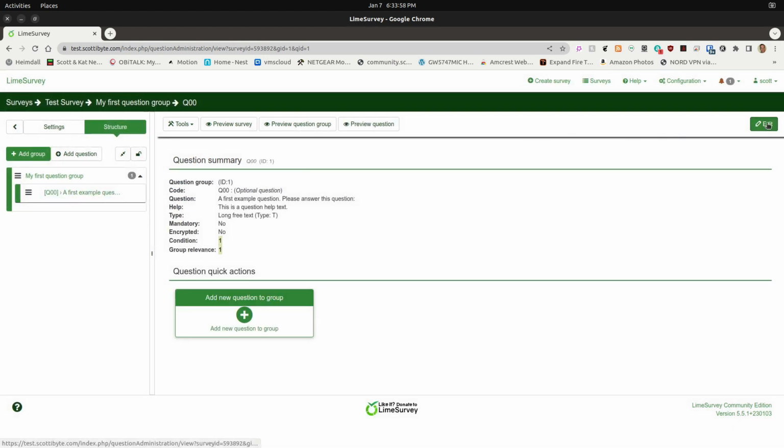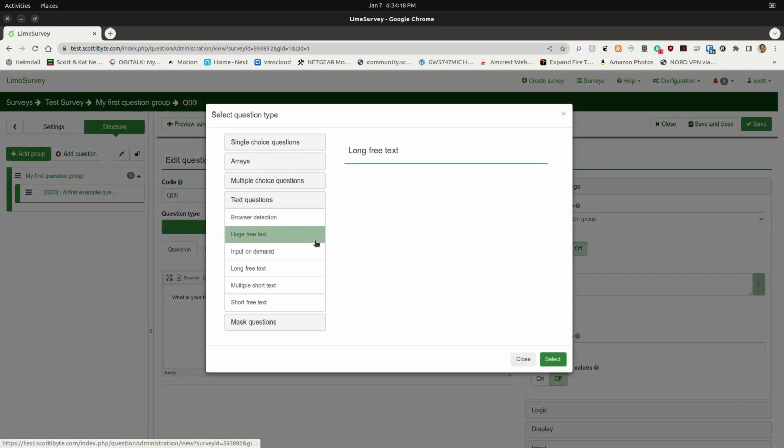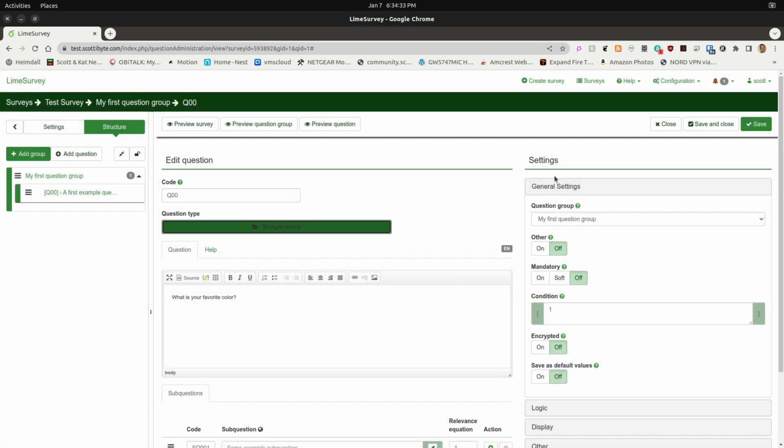We can edit that example question, and we can call it something like, what is your favorite color? And then we can come up here and click long free text, and we can say we want it to be a multiple choice question, and we can say select that, and then go ahead and